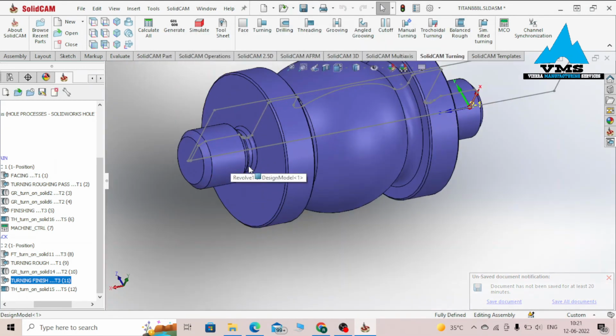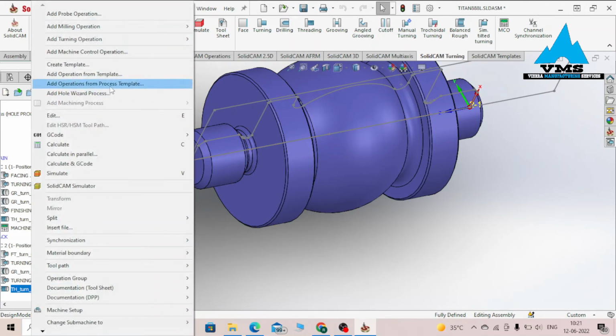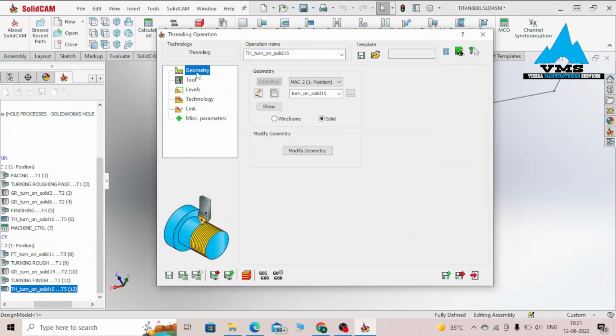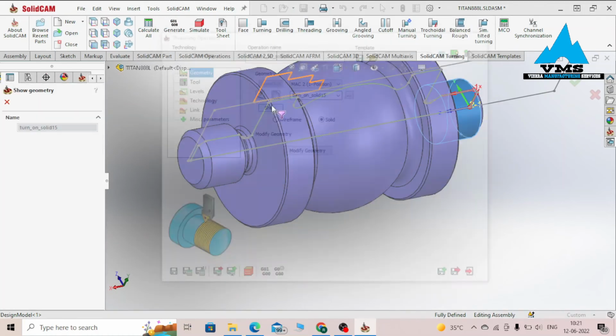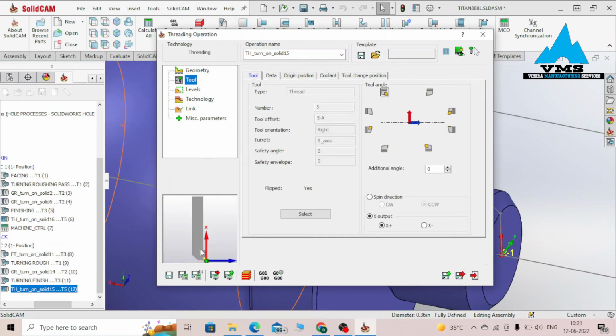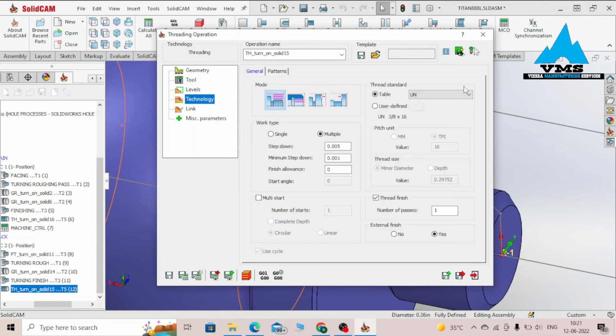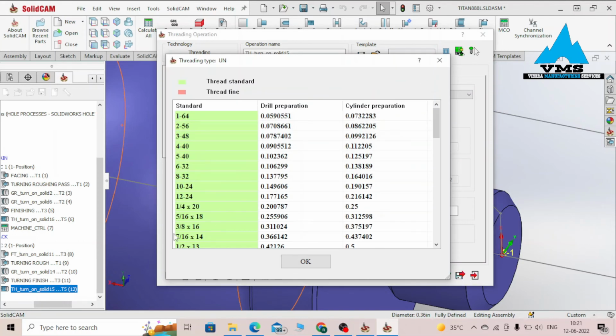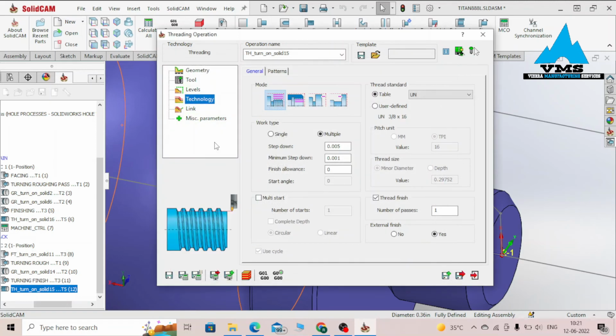for our last operation, we want to insert the thread at this point. Looking at our thread operation, geometry Mark II, show simply this face. Tool, we are still using our same threading tool, but rather this direction. Levels, technology, thread standard table UN should be selected, and as thread standard 3x8/16. Looking at the simulation,